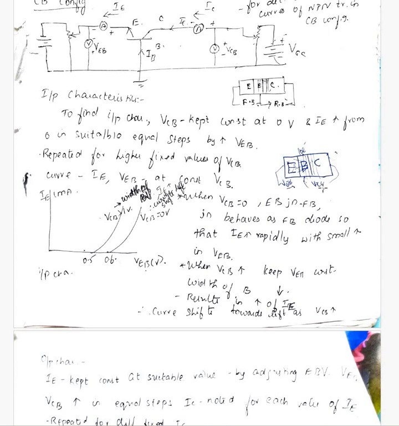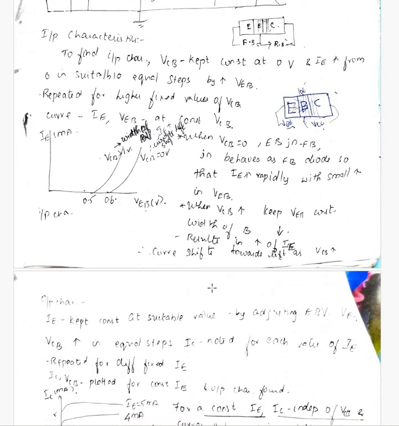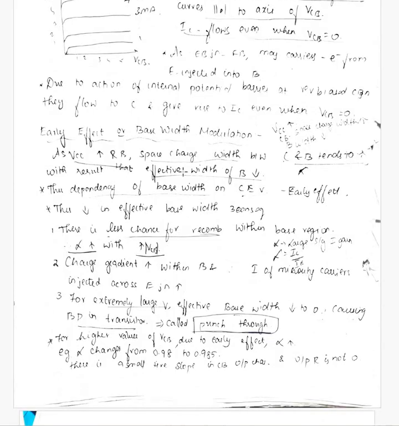And then when we increase this collector base voltage, what happens is, this is a reverse bias PN diode between collector and base. So the depletion width here between the base and collector increases, causing the reduction in base width. So this base width reduction is called early effect or base width modulation. As we increase the collector base voltage higher, the base width reduces and finally becomes 0 itself, and it's called